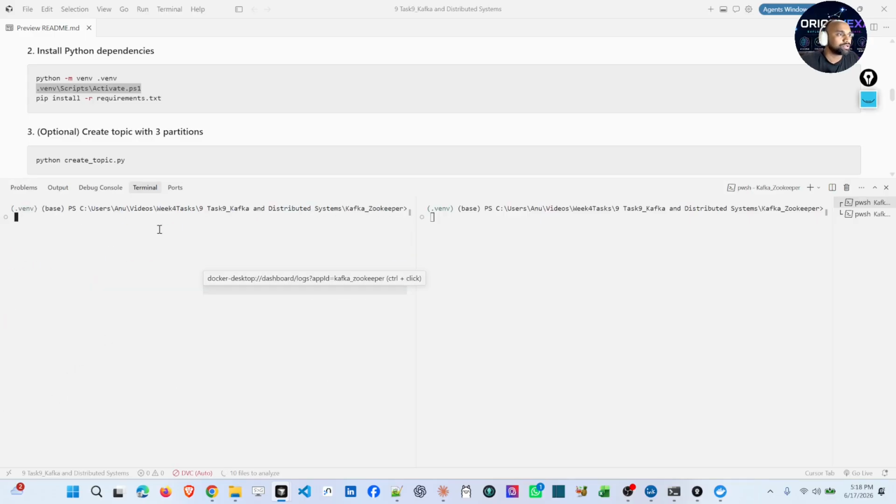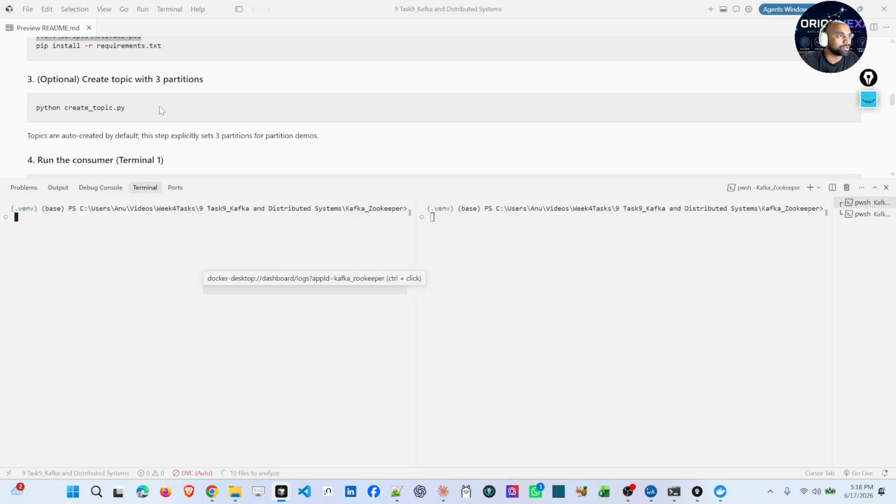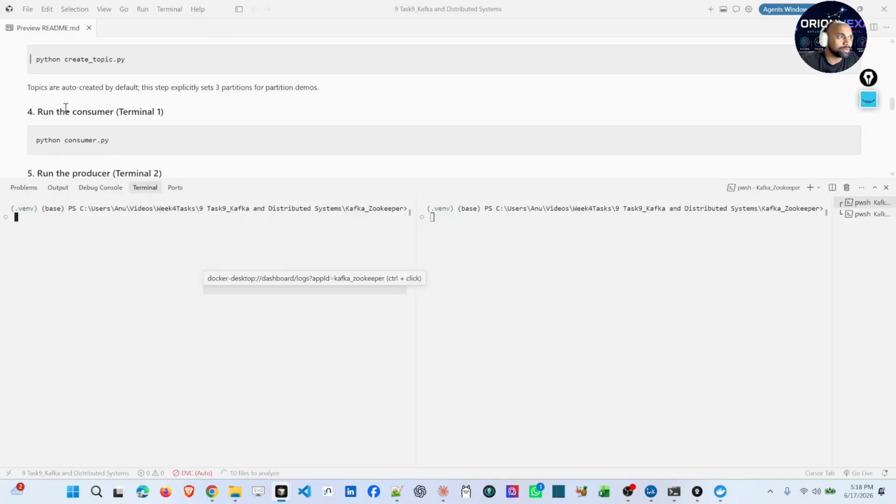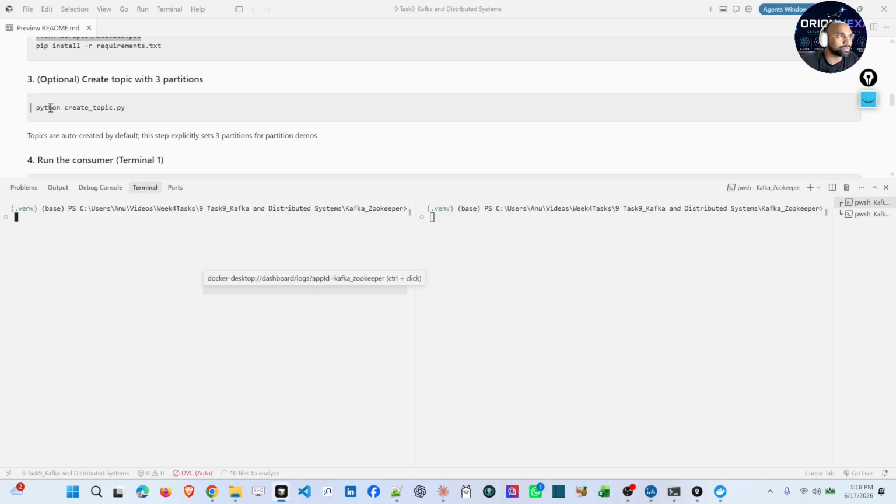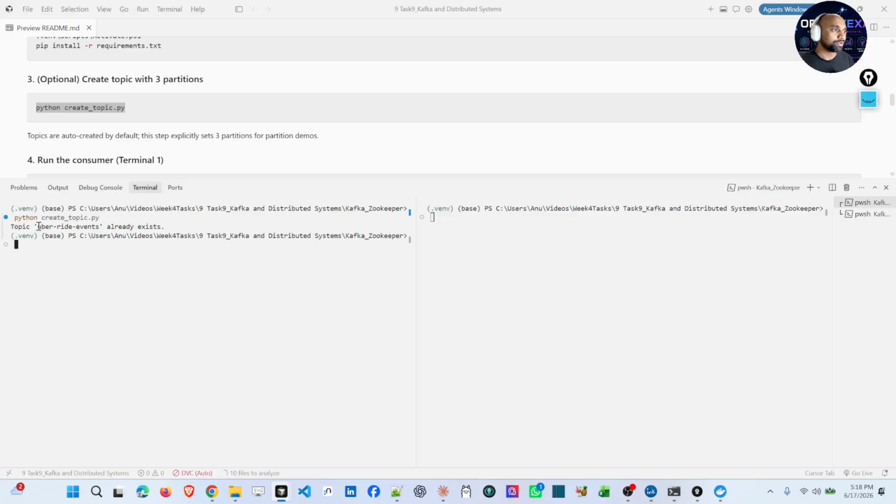The first one I am using as a consumer, this one as a producer. These are all already installed. I was testing it. The topic is already created. If you want, I can show you. Let's see whether it is created or not. See, Python topic uber-ride-events is already there. We have this topic called uber-ride-events.